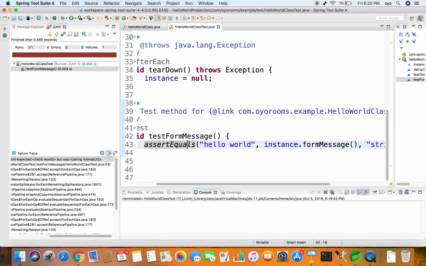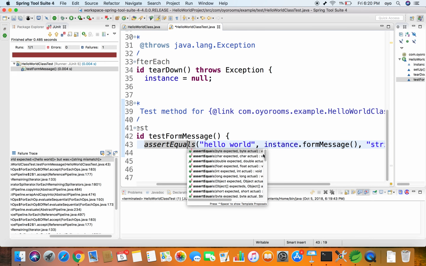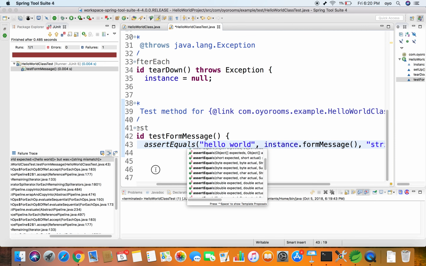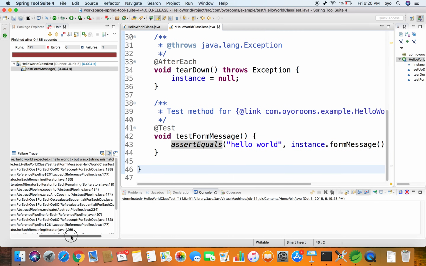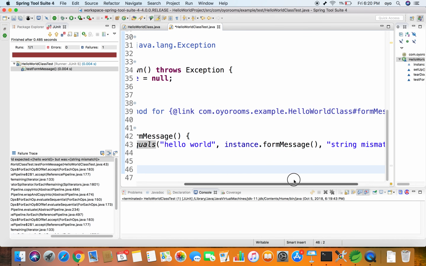Okay, it looks like I used a wrong method. It is expecting hello world and comparison failure, hello world expected. Okay, so it looks like